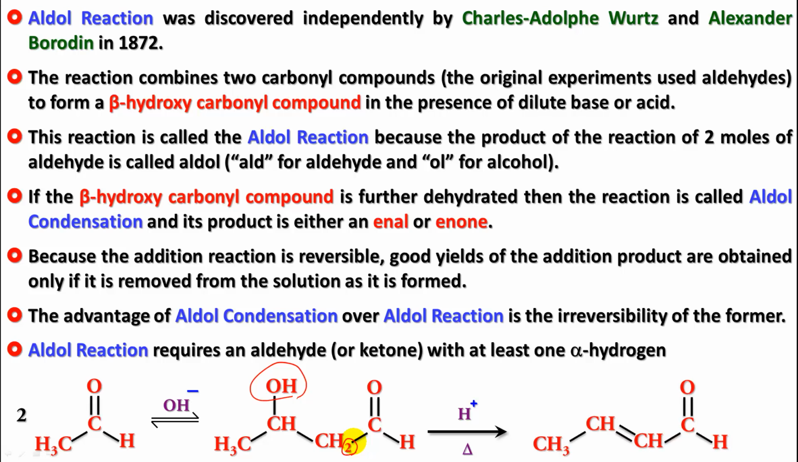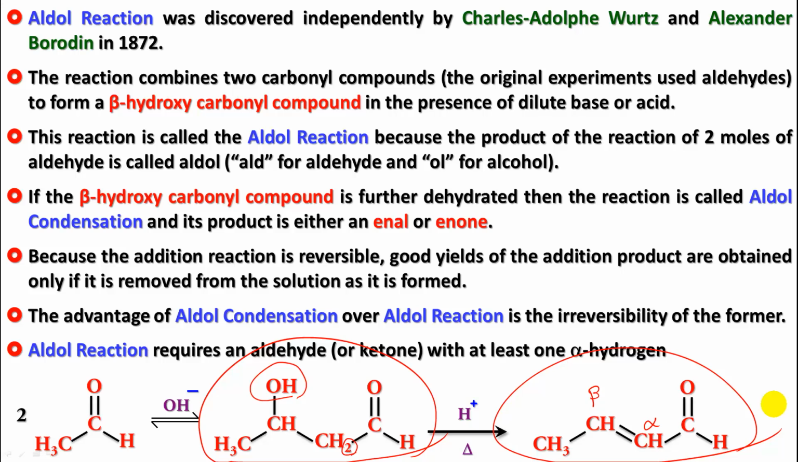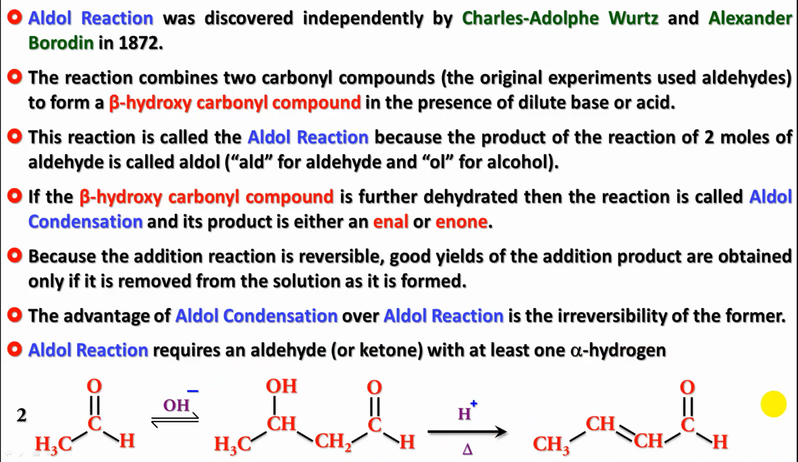And we get alpha. This is the alpha carbon, this is the beta carbon, an alpha beta unsaturated aldehyde. So this is the overall aldol reaction. Up to this stage, it is aldol reaction, and when it yields this product, it is aldol condensation. Now,